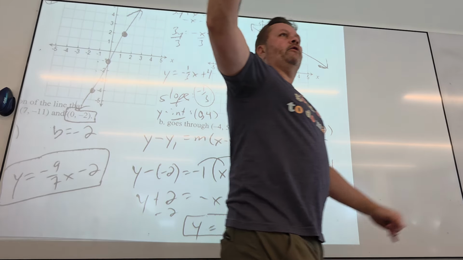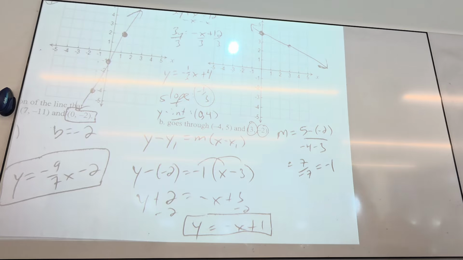It does not matter which point you pick. Because there's an infinite number of points on the line, they all should come up with the same equation. Yes? The only part I'm lost on is how B is different from what A is asking, if it looks almost identical. The question is exactly the same. Okay, the information I gave is very different.